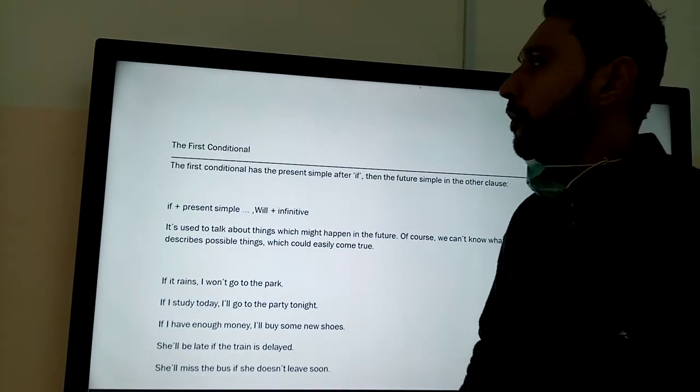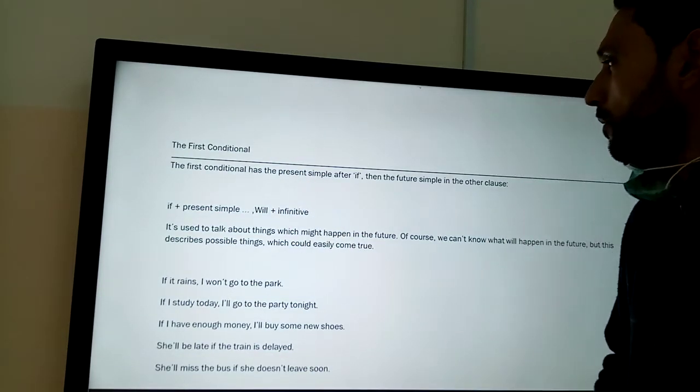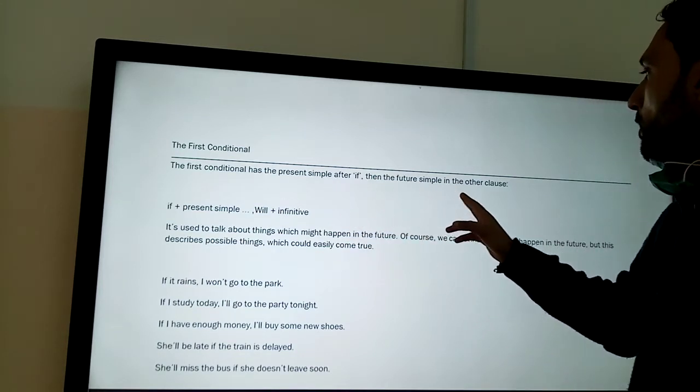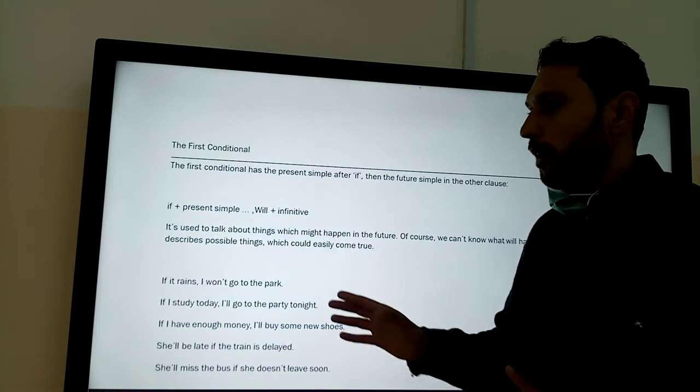When we say the first conditional, it has the present simple after if. This is what we said as a revision. Then the future simple in the other clause. If plus present simple, then we have